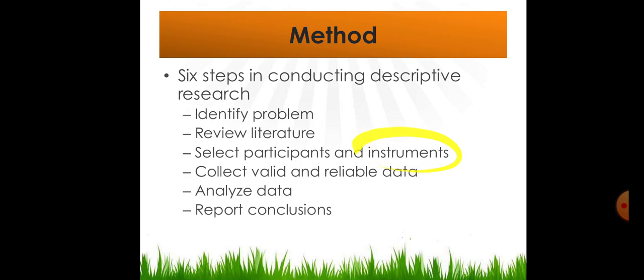Nah, itu yang dimaksud dengan instrumen atau alat yang digunakan untuk mengetahui pertanyaan penelitian kalian atau menjawab pertanyaan penelitian kalian. And then collect valid and reliable data. Iya, jadi seperti yang saya bilang tadi, descriptive text itu datanya harus valid ya, valid. And then analyze the data, dia punya cara analisis data tersendiri, kemudian reported conclusion atau biasanya kita kenal dengan discussion atau findings di bab 4 kalau misalkan dia